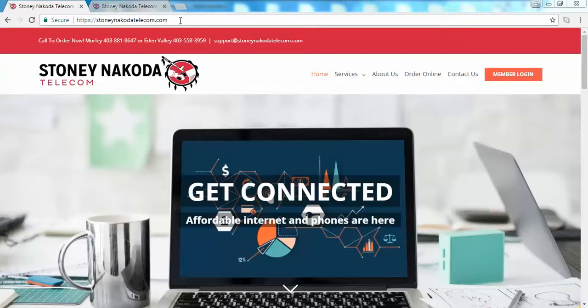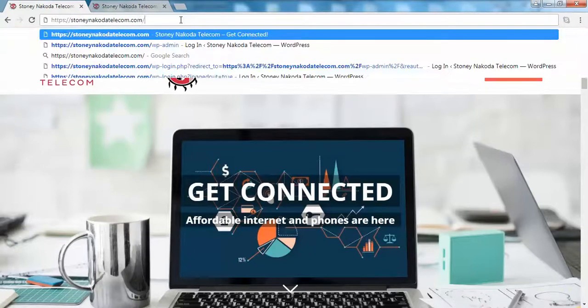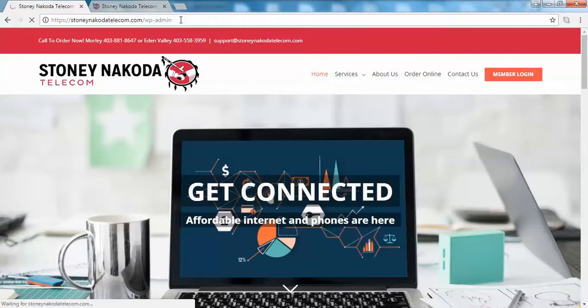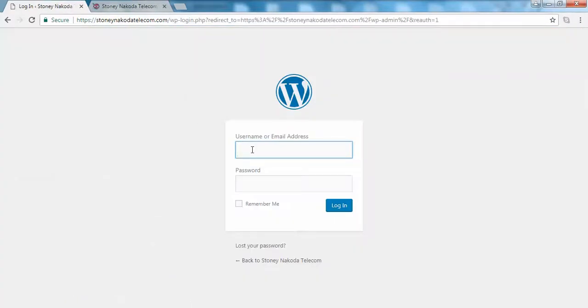In order to make or manage your website from the back end, you will have to log into the backend, and to do so you just have to type the full address of your website in the address bar, followed by /wp-admin, and you simply press enter, and that will take you to the backend login screen of your website, and you type in your username and password, which we will share with you later on in the handover document. Click on login,